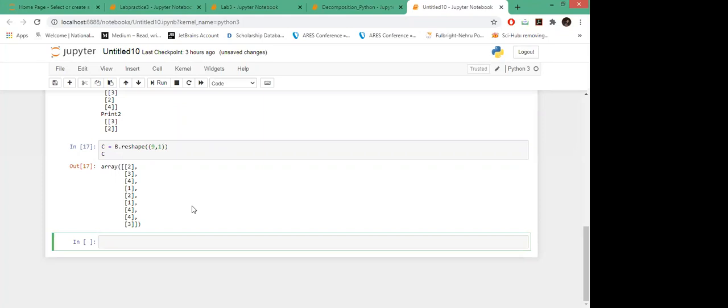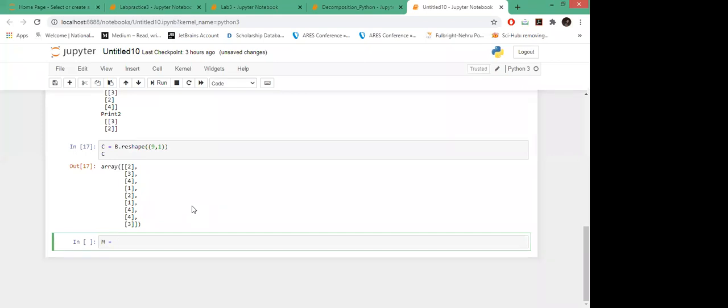Okay, then, now let's come to the linear algebraic operations which I can perform from the NumPy package. Suppose, let me just define a matrix and then we will work on that.